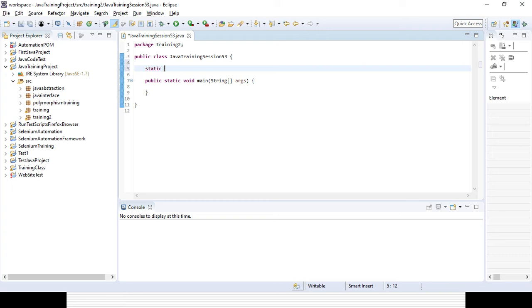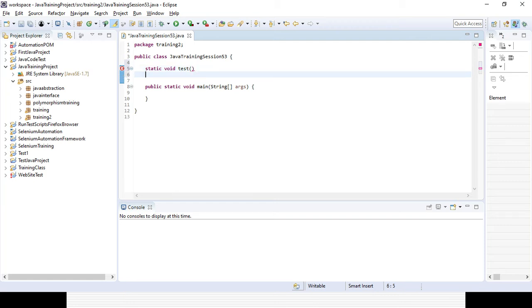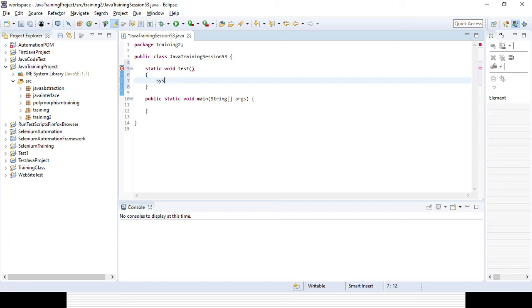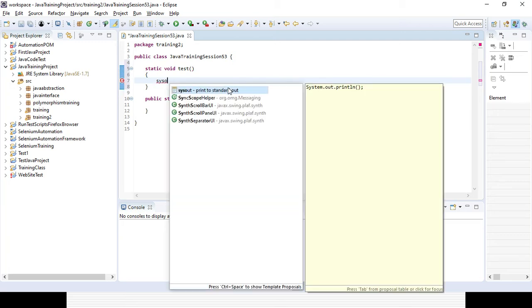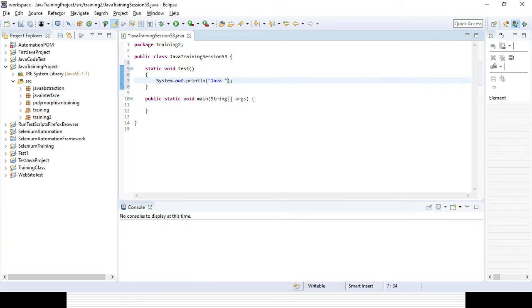Static void. Suppose I am creating a test method. Here I want to print something like "Java training", and I also call the same method again.